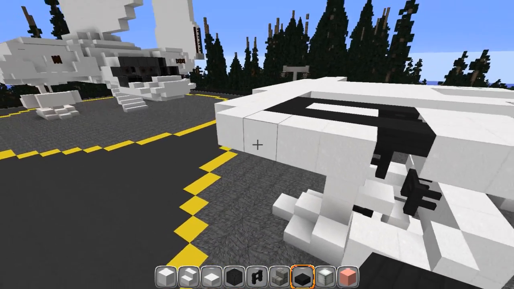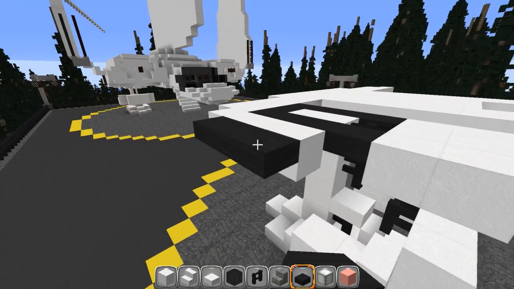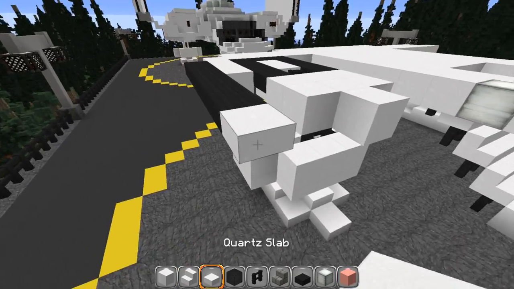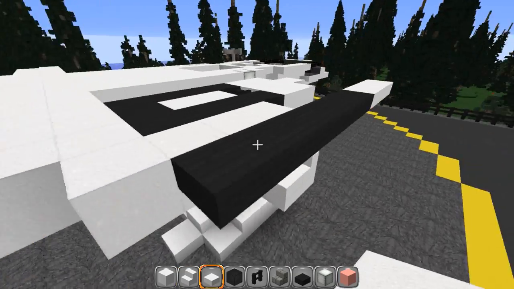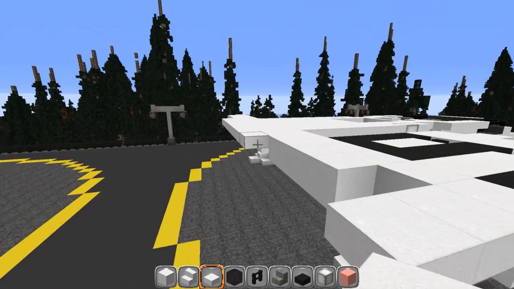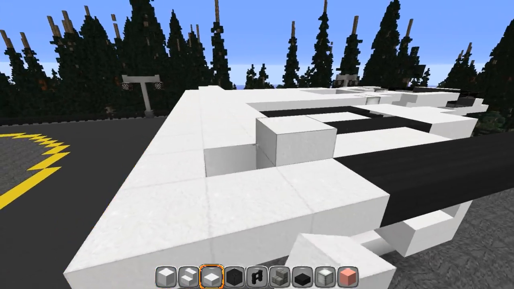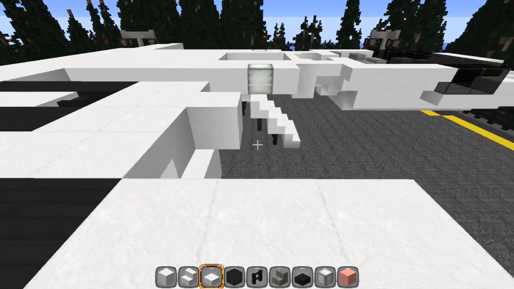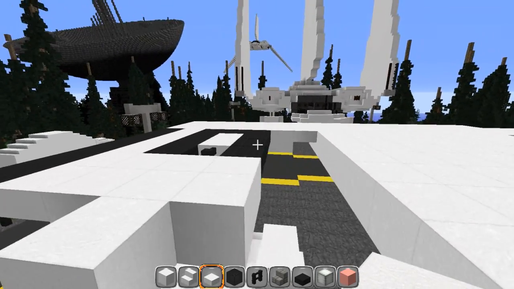But anyways, we're going to go to the outside of this right here. 1, 2, 3, 4, 5, and 6. All right, and then we've got 3 quartz slabs in front of that, and 3 quartz slabs behind that. And this will connect into this one, and that will fill in. And then we're going to fill in here, and this is going to come across and behind this one here,